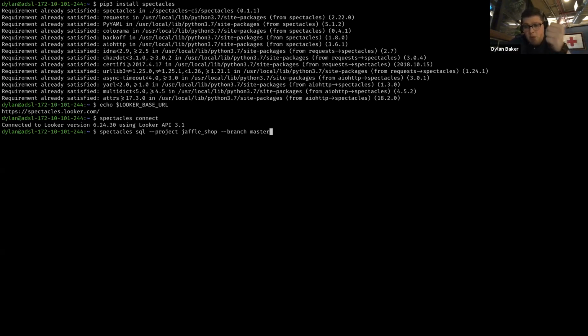Spectacles will run in three possible modes. It'll run in batch mode, which is the default, where it generates a query with every dimension for each Explore and tests if that runs. At the other end, there's single dimension mode, where it will generate a SQL query for every individual dimension in your Explore. The difference is that batch will run fewer queries, but you only catch the first error of each Explore, because that's what comes back when you run the SQL. In single dimension mode, it will build a query for every dimension, so you'll catch every error, but notionally you're putting way more load through your warehouse.